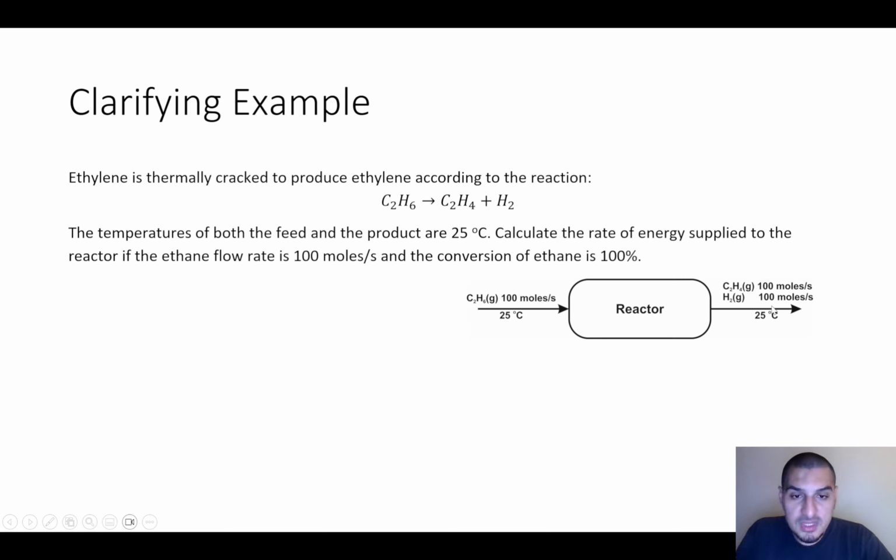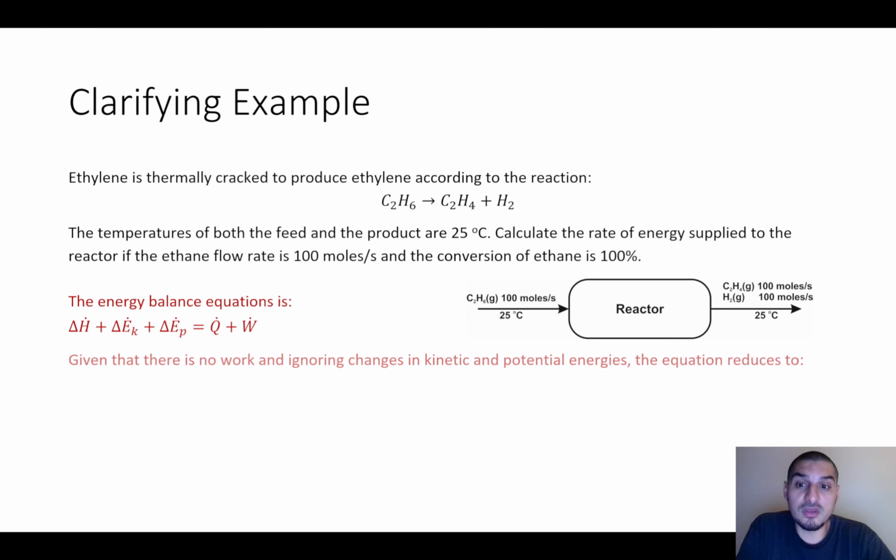So this is what we have, and we want to calculate the amount of heat that must be supplied to the reactor in order to achieve this reaction or this conversion. In order to do this, we will start with the energy balance equation. In this system we have no work. It's just a reactor. There are no pumps, no compressors, no moving parts, no shaft, and we will ignore the changes in the kinetic and potential energies, so the equation reduces to